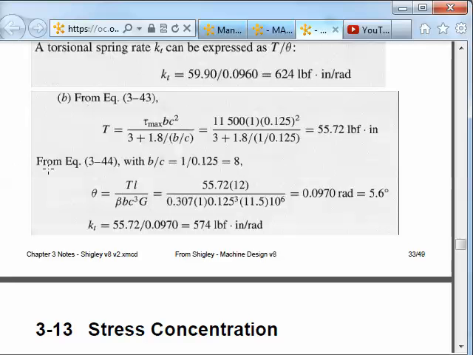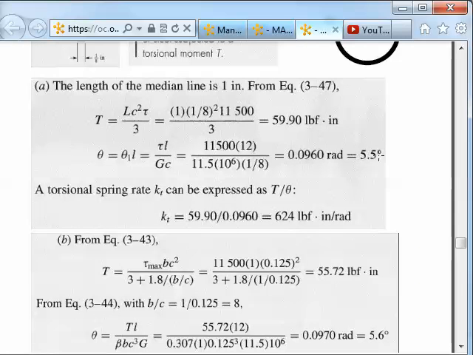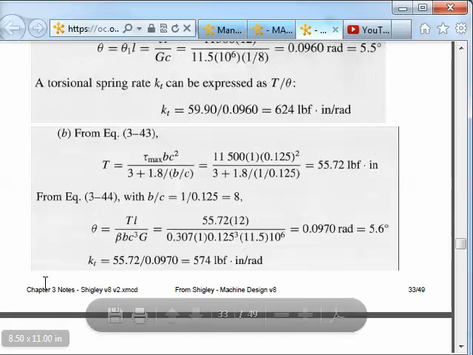And then using equation 3-44, we have to look up the value of this quantity beta from the table. Beta being 0.307, go check that for b over c equal 1 over 1/8, which is 8. You can go check that beta value. Just plugging everything else in, we get a 5.6 degree angle of twist, very close to the 5.5,